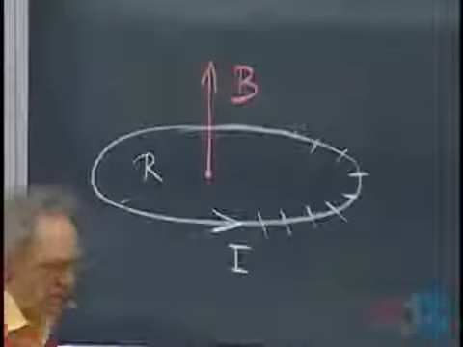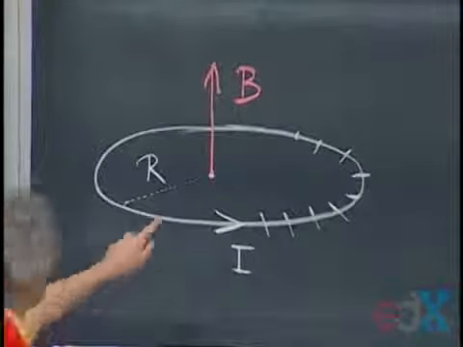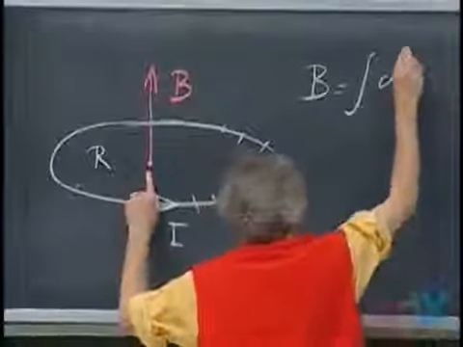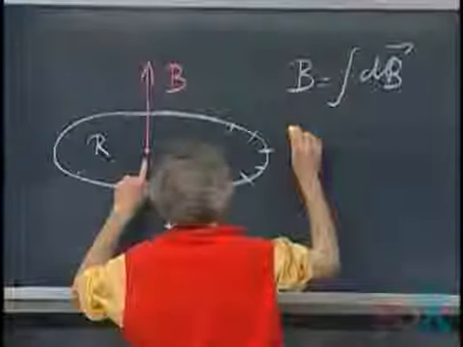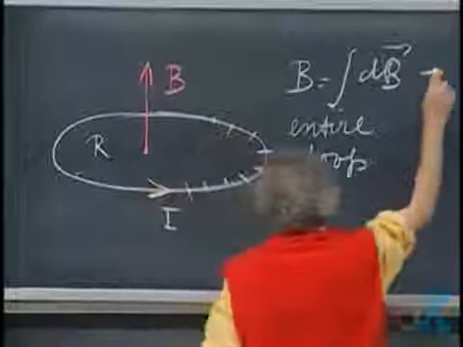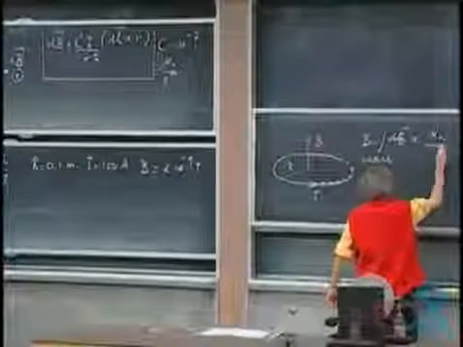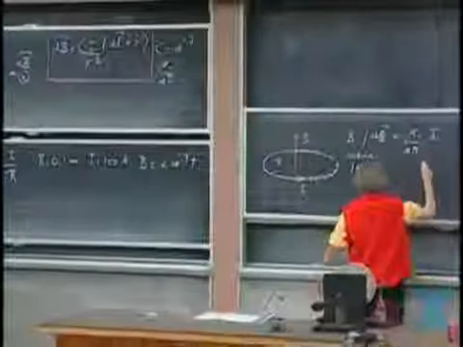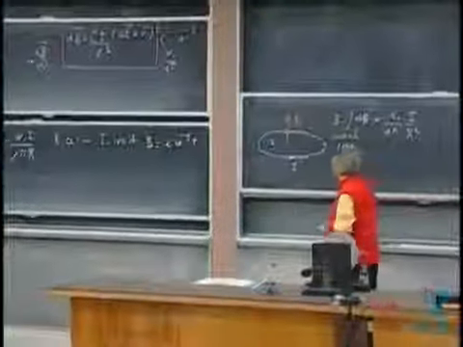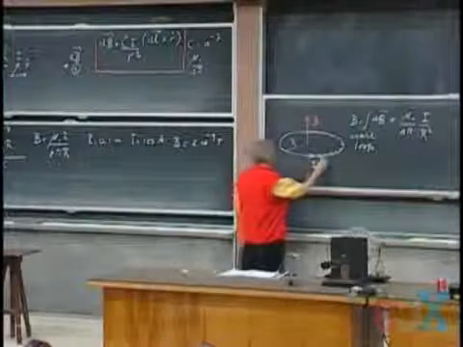And if this radius is r, with Biot-Savart now, we can calculate quite easily the total field that you would get at this location. Because that total field is then the integral of dB vectorially over the entire wire, the entire loop. So you would get your mu 0 divided by 4 pi, you get your current, and you get your 1 over r squared, and now you have to do an integral over that dl cross r. Well, r is of course always